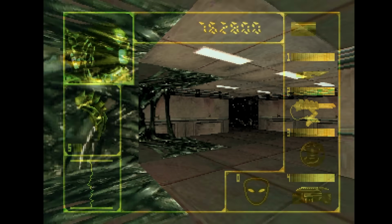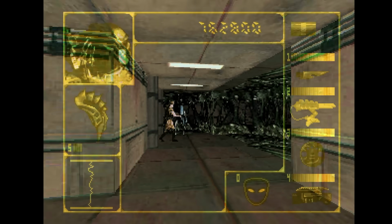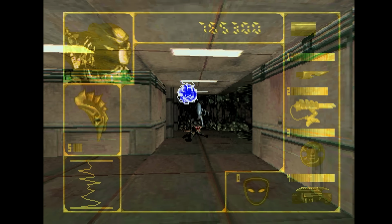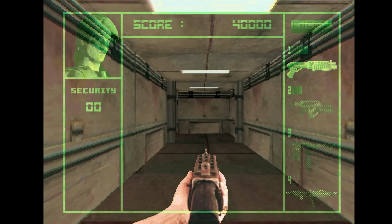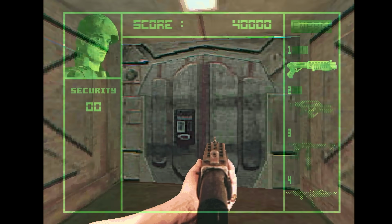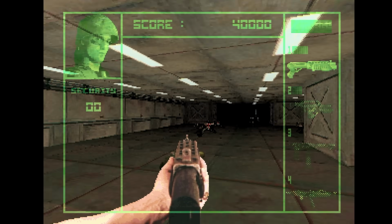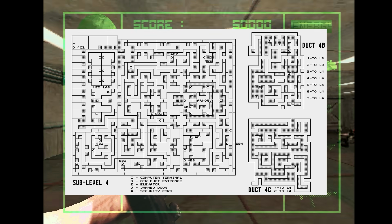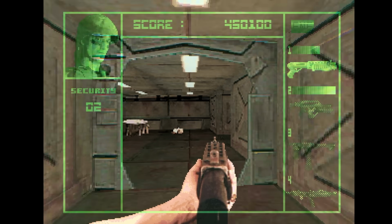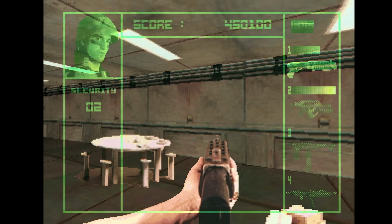However, it's also become a bit of a relic by today's standards, and it doesn't even really stack up all that well against other games from the same era. The problem is that the level design is literally maze-like. That is to say, you are exploring literal mazes. Take one look at the maps for each floor and you'll see what I mean. It's a mess. It's just like a bunch of random shapes compiled together without any kind of proper structure or